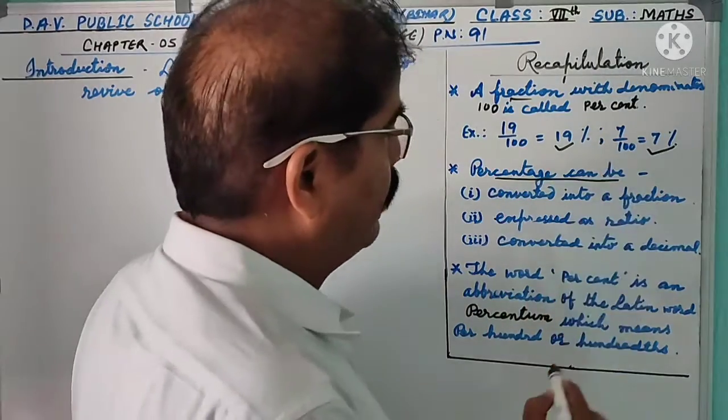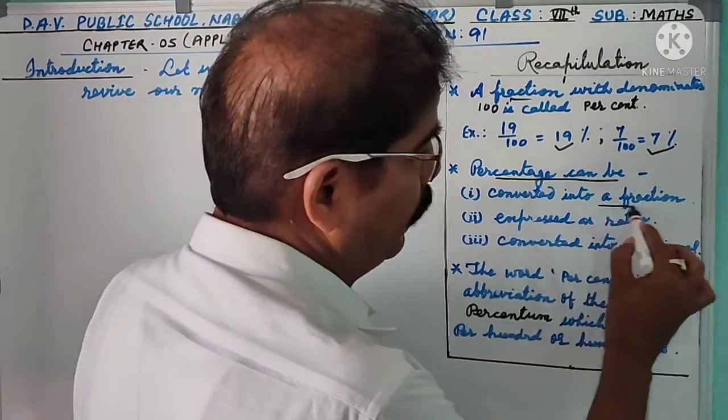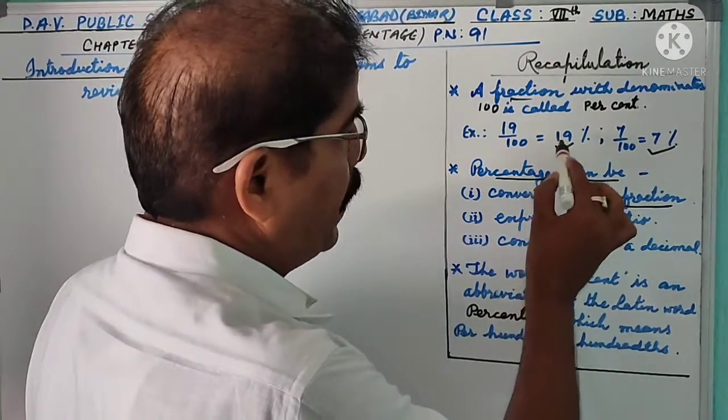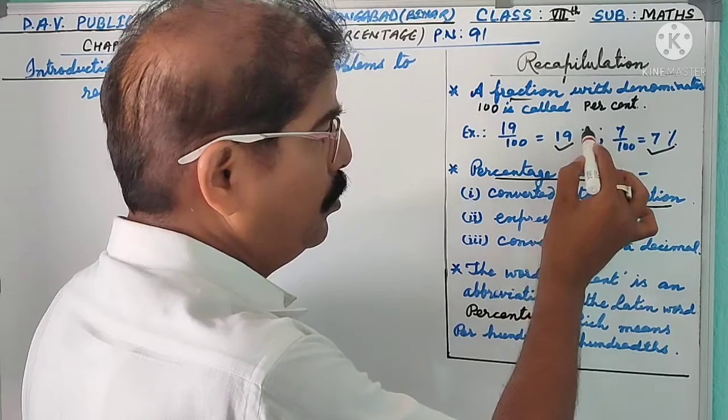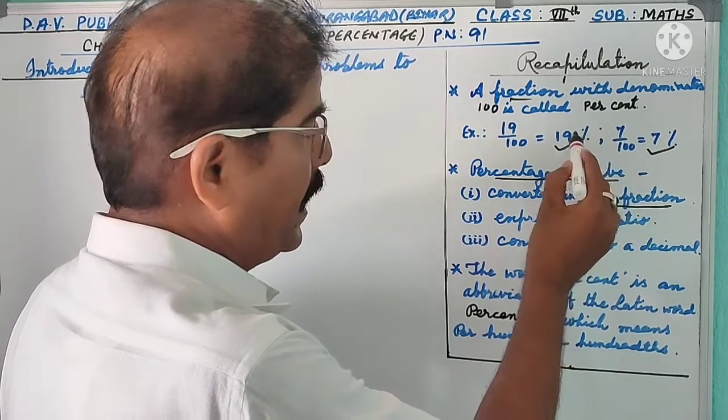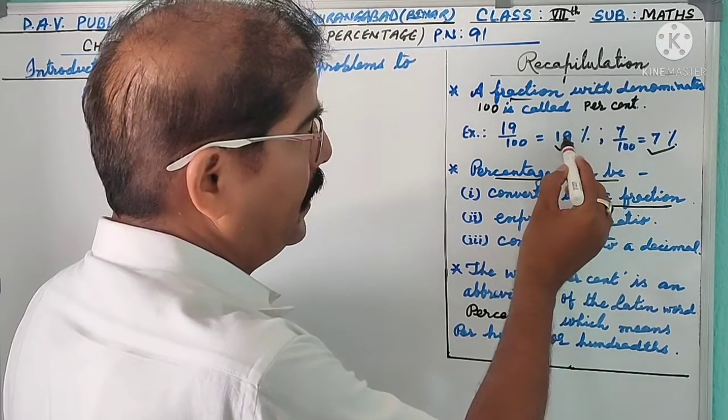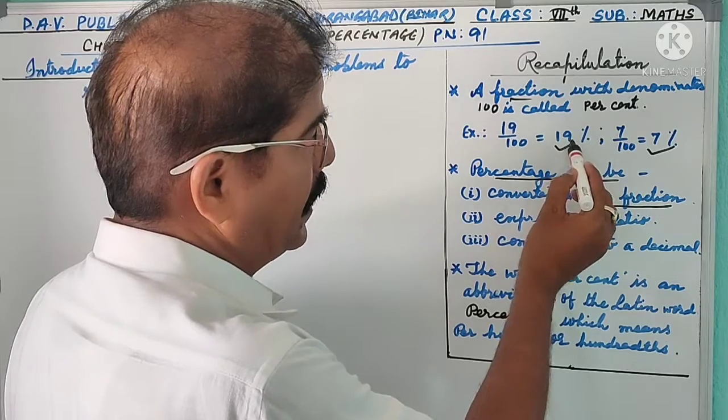Percentage can be converted into a fraction. This 90% converted into fraction form is